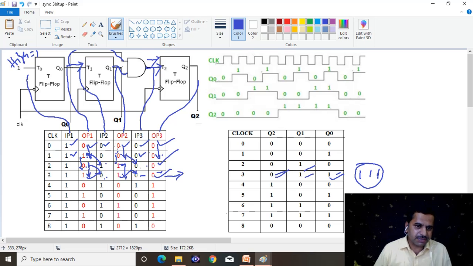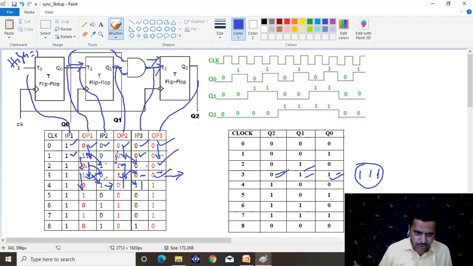After the end of the third clock cycle, the output of the first one becomes the input to the second, and the output of the first and second become the input to the third. The first output becomes input to the second. For the third flip-flop, it is the product of the two, 1 into 1, which becomes 1. Now we evaluate after the application of the fourth clock pulse. The first one again toggles, from 0 to 1, 1 to 0. The input to the second flip-flop is 1, so it automatically changes state.